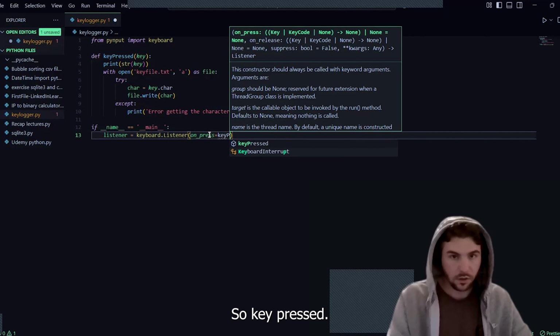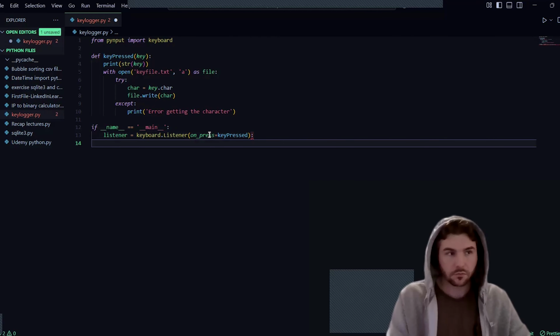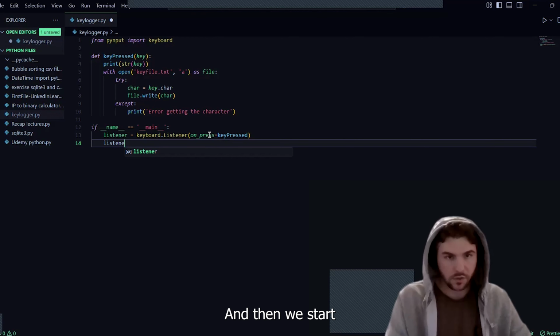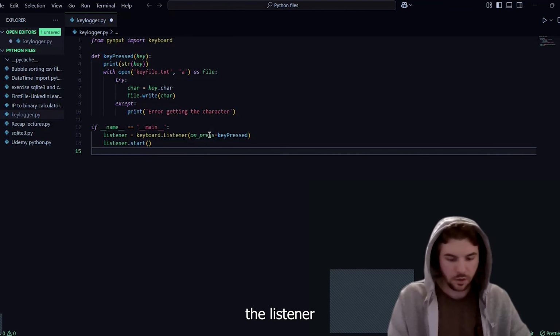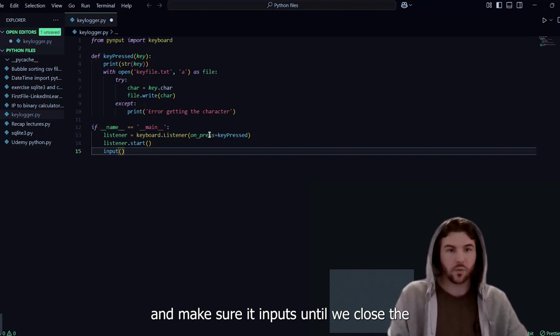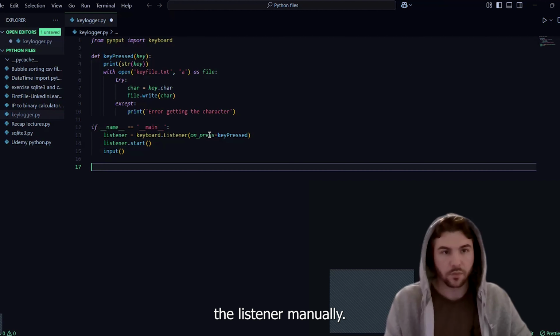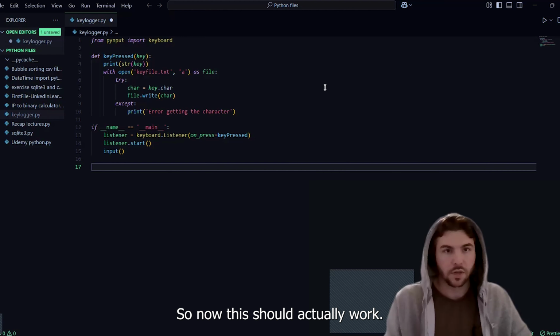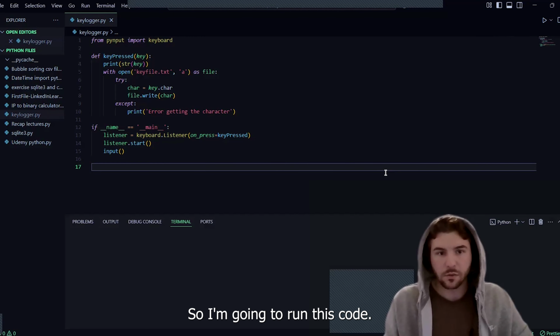So key_pressed, like this, and then we start the listener and make sure it inputs until we close the listener manually. So now this should actually work. So I'm going to run this code,